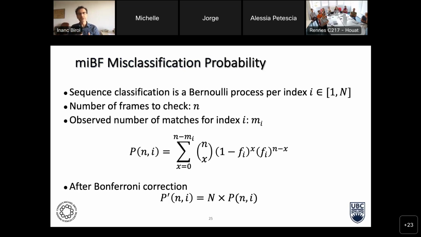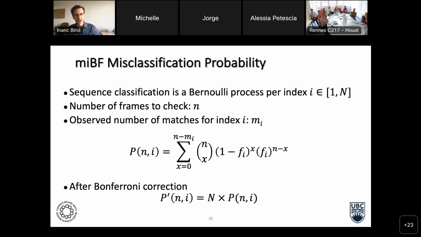So if we look at some number of frames, small n, and we observe some m_i with some index i, so m_i of those n entries are returning a hit to a particular index i, where i is running from 1 to capital N,